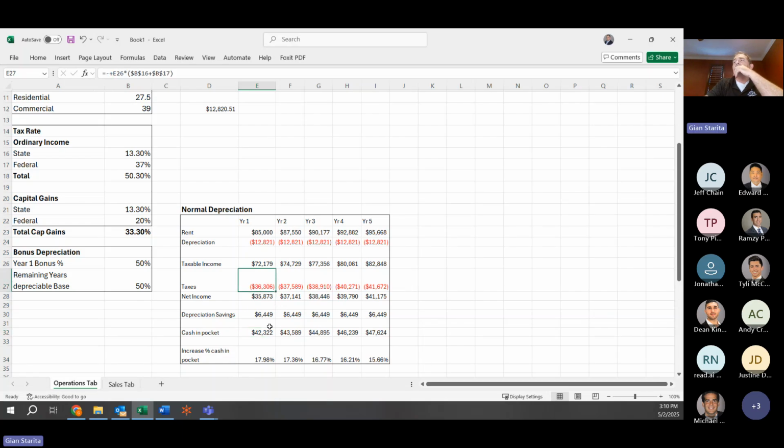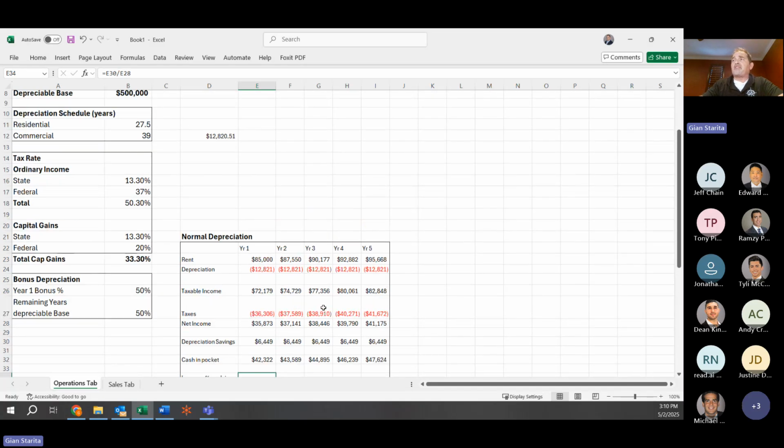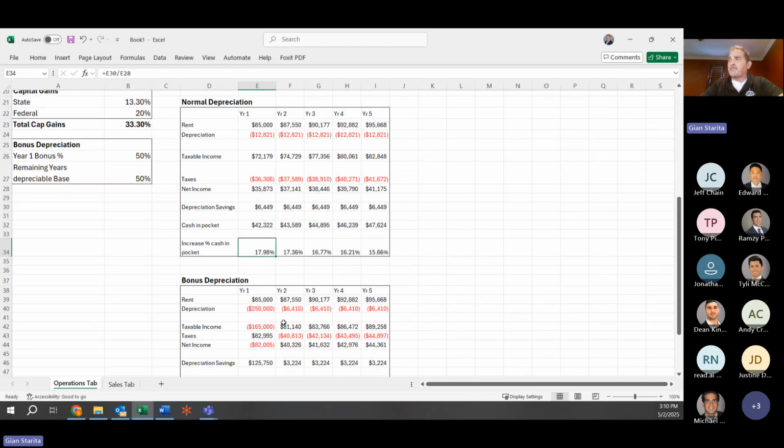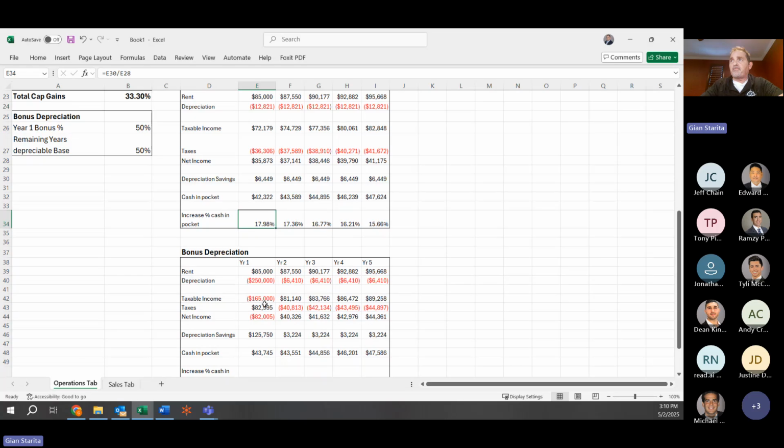I may have screwed that up a little bit, but let's keep going. In fact, I know I screwed that up a little bit, but that's all right. It's good enough for the discussion. So 18% of my cash in my pocket is actually because I'm doing depreciation. So I'm putting more cash in my pocket because of depreciation. When I send this spreadsheet out to everybody, I'll fix it. I subtracted the wrong thing, but don't worry about it. It gets the point across.